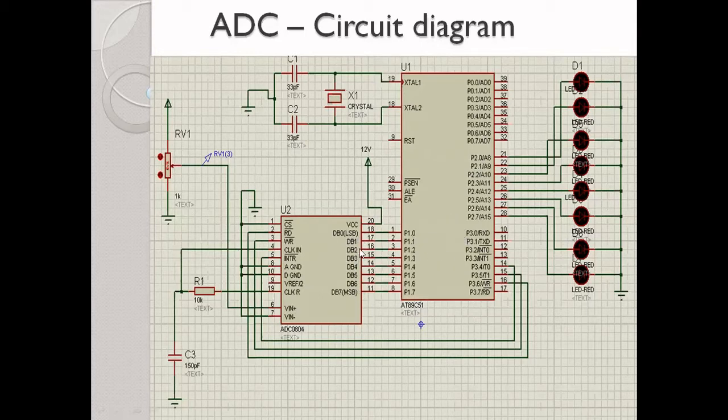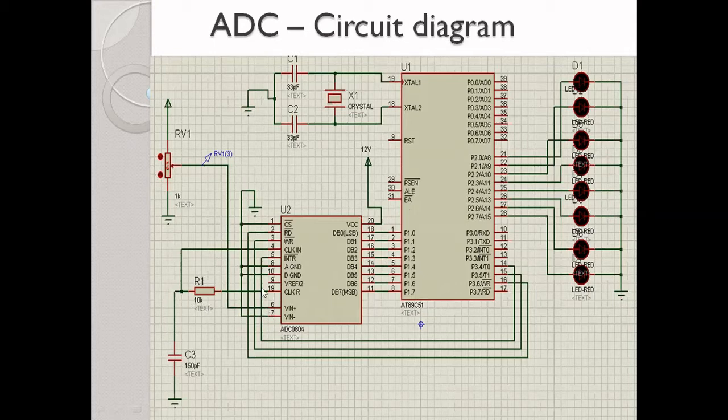Next, the ADC output is connected to the microcontroller. It is directly connected to port 1. There are 4 ports in the 8051 microcontroller. I have selected P1 for the ADC output, and the LED is connected to port 2. Now this is called the analog input. The analog input is given to the VIN.